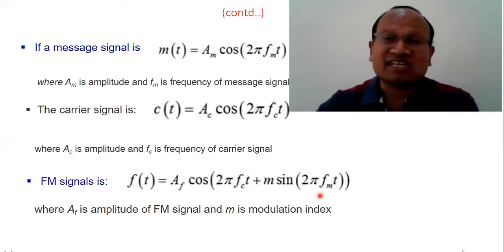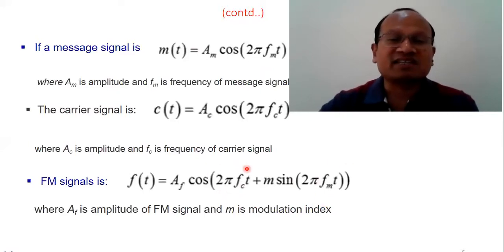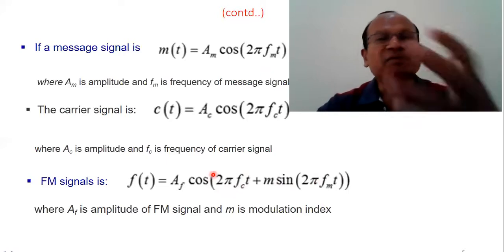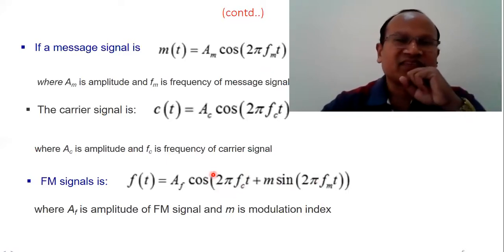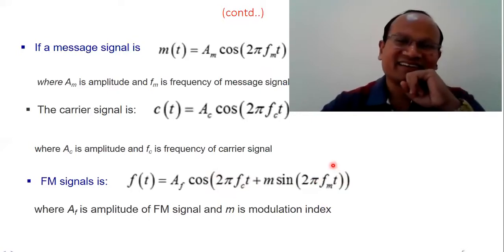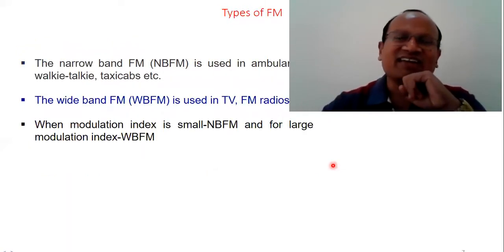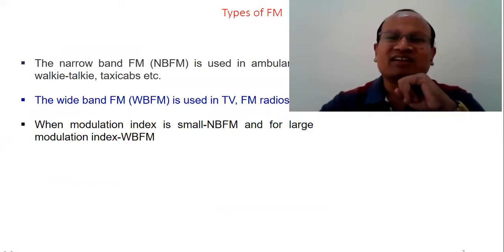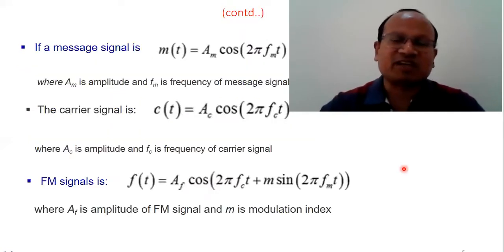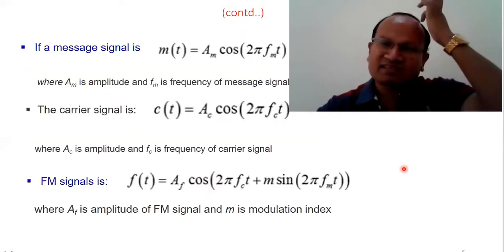And what is changing now? You see here the phase of the carrier is changing. So in one way we can understand that the phase of the carrier changes in accordance with the derivative of the modulating signal. All right, now look here. We'll analyze it mathematically later.